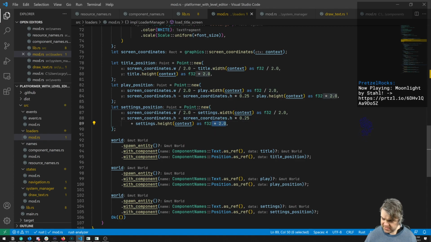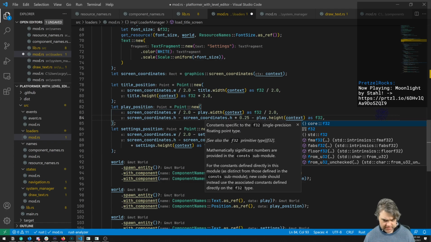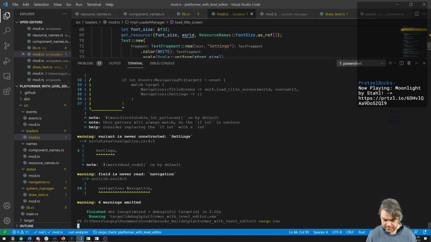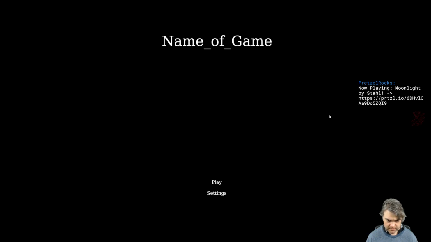If we don't make this times 2, how close are they to each other? Oh, that's like perfect. So here we go. We now have our title screen that gets loaded up by the loader at the beginning of the game, which is really nice. I want to do a little bit of refactoring for this,